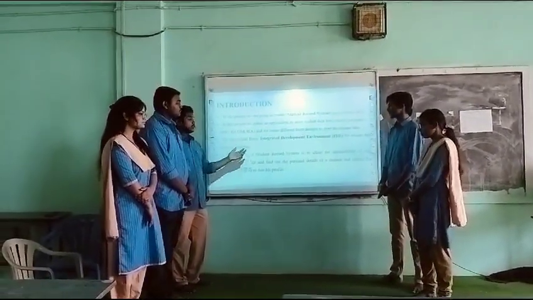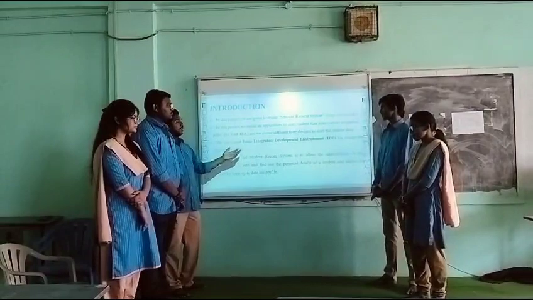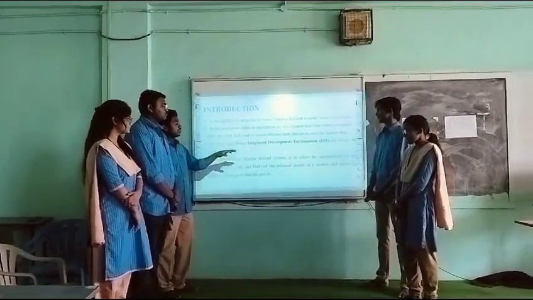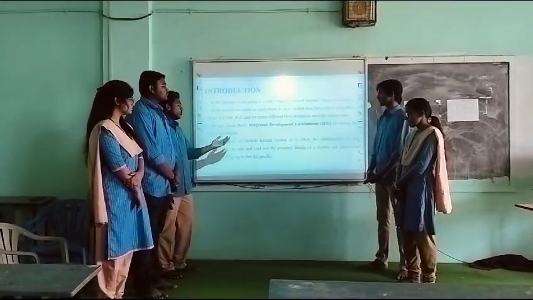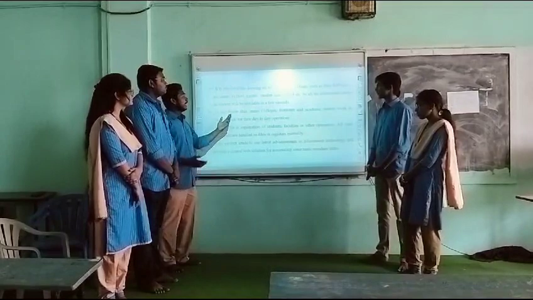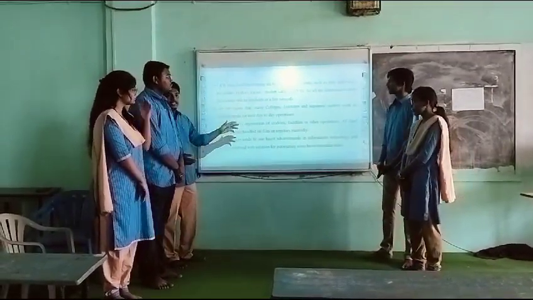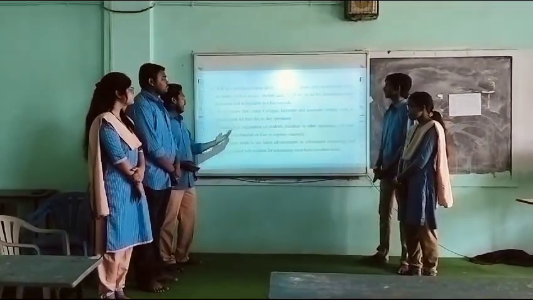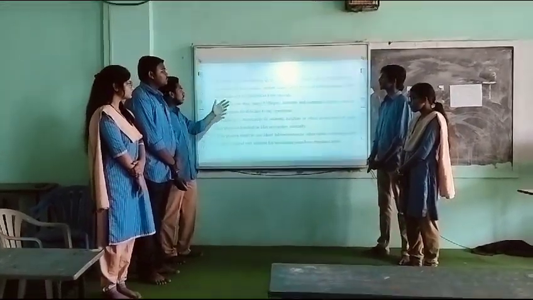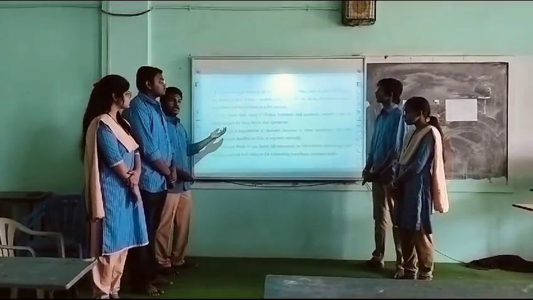The objective of the student record system is to allow the administrators of any organization to edit and find out the personal details of the students and allow the students to keep their profile up to date. It will also facilitate keeping all the records of the students such as their hall ticket number, name, father's name, mother's name, date of birth, etc. So all the information of the student will be available in a few seconds.